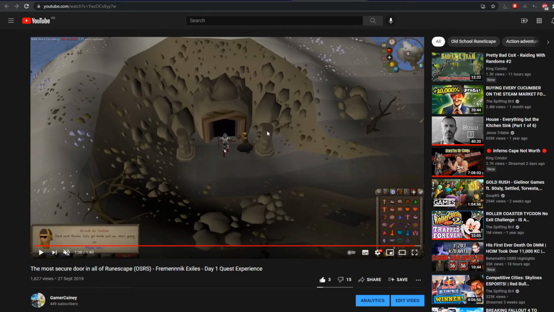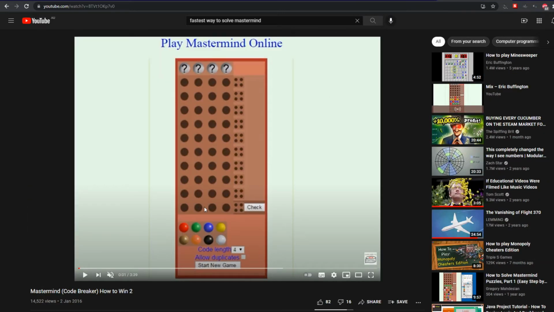So what is this game? How do I do it? Okay, it's called Codebreaker, right? Or Mastermind. So essentially what you do, if you want to solve this thing as fast as possible,